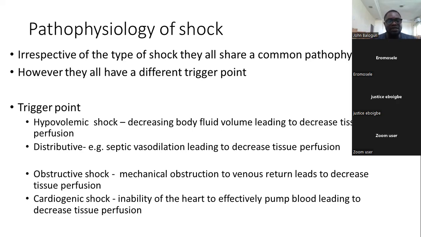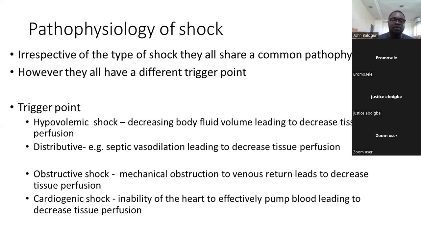When they are contracted, less blood goes to them. Then the sympathetic system further causes their contraction, so that more blood will go to the heart and to the brain, so that the brain can function, the heart can function,